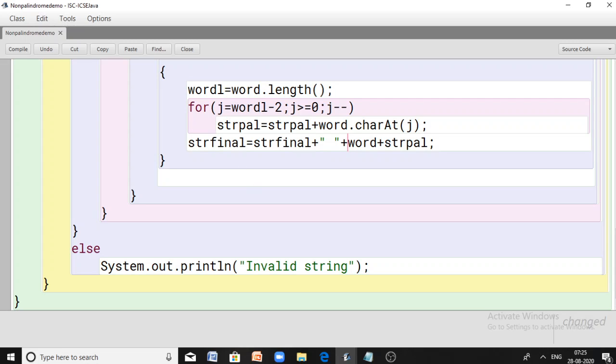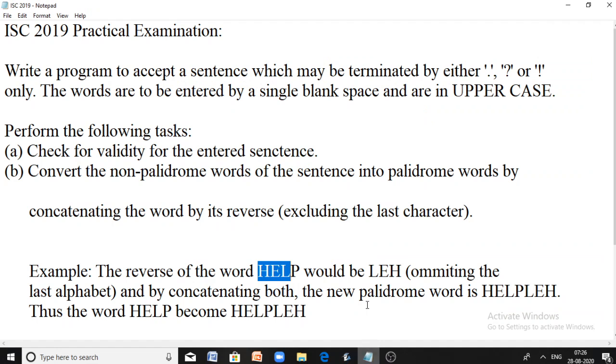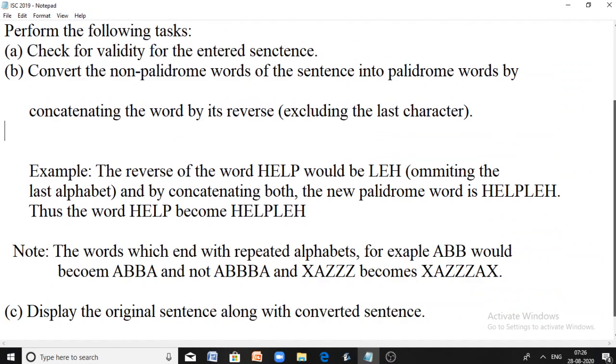Right? So now an important thing we have to do is go back to the question. It says, suppose if the last character is repeating, then we should not include the last character and last but previous character both in the reversed form of your palindrome word.